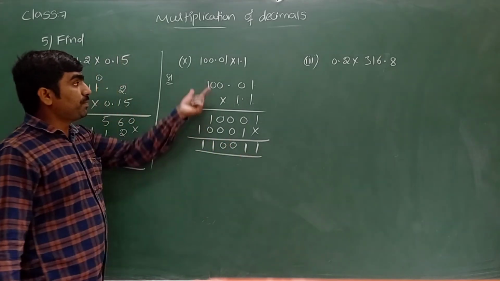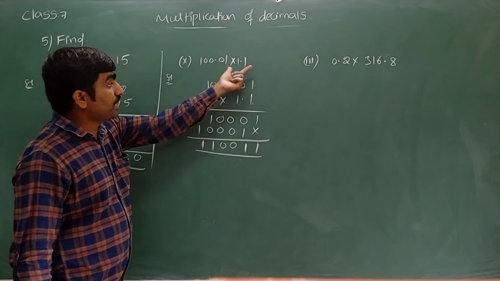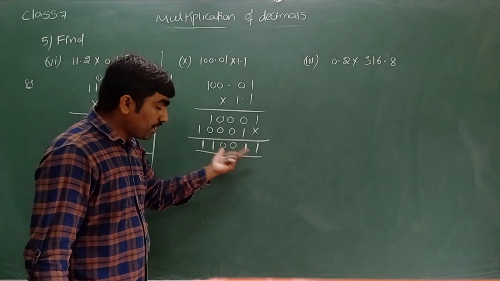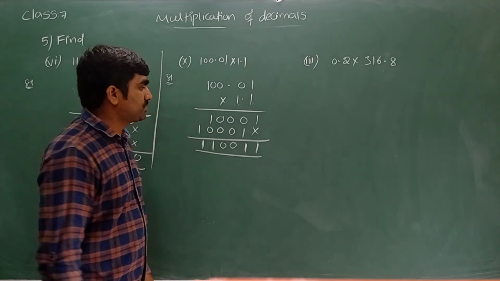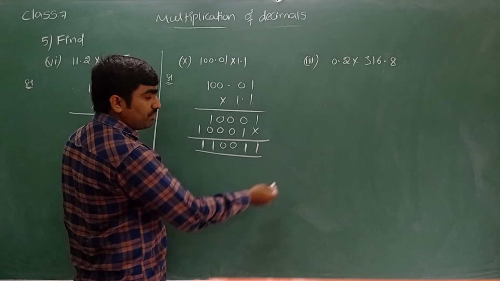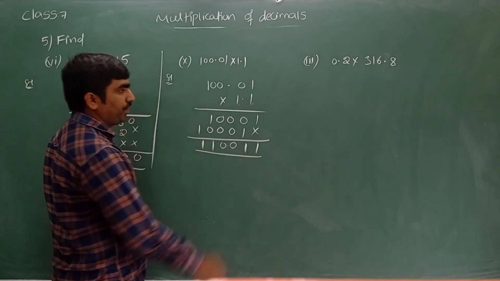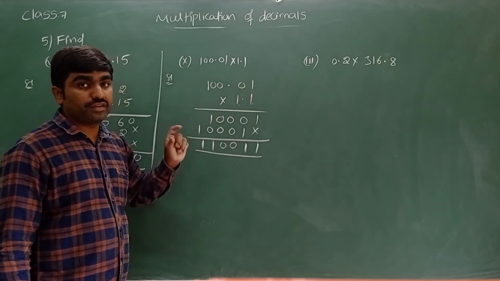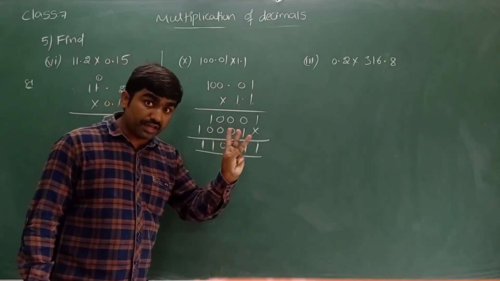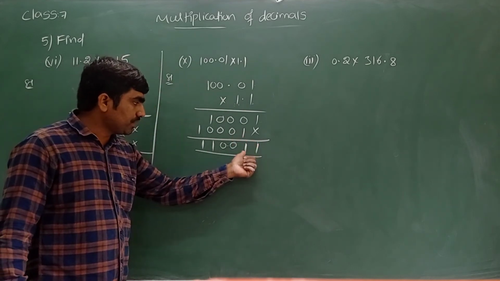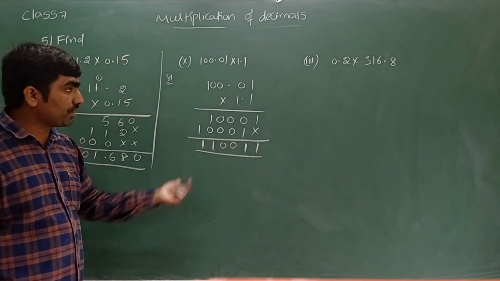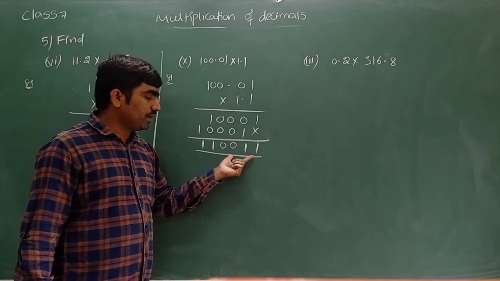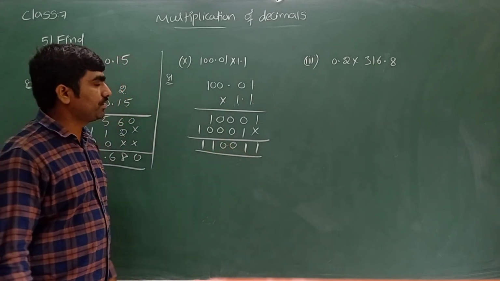Yes. Decimal places, one has 2 decimal places. The other has 1 decimal place. Sum of decimal places, 2 plus 1 is equal to 3. The product also must contain 3 decimal places. So from back onwards 3 digits before, keep the decimal point. Point after 2 digits, point after 1 digit. Both together we have point after 3 digits. So from back onwards 3 digits before, keep the decimal point in the product, so that we can see that the sum of decimal places of the given 2 decimals equals the number of decimal places in the product.